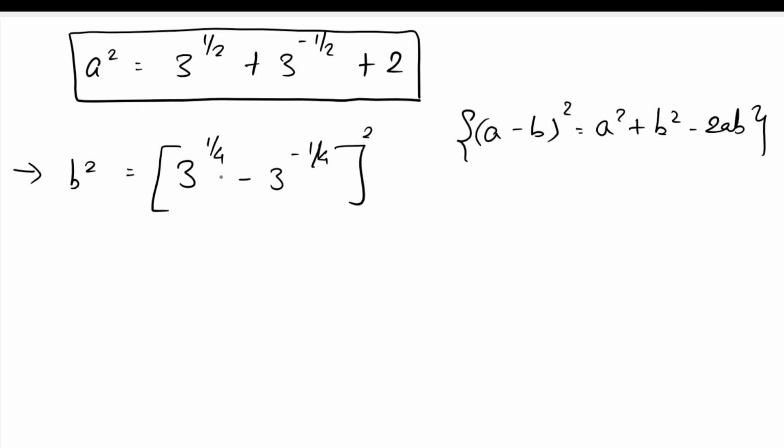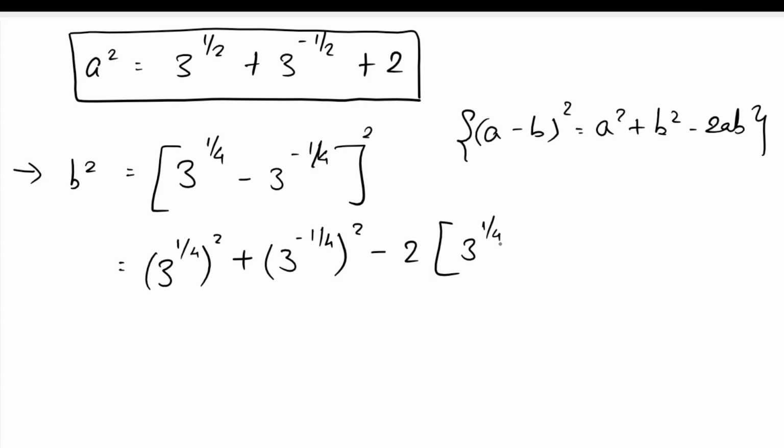Applying this formula here, we'll get a square, which is 3 to the power 1 by 4 the whole square, plus b square, which is 3 to the power minus 1 by 4 the whole square, minus 2 into a into b. So a is 3 to the power 1 by 4 into b, which is 3 to the power minus 1 by 4. Here 2 2s are 4, here again 2 2s are 4. So we'll get 3 to the power 1 by 2 plus 3 to the power minus 1 by 2 minus